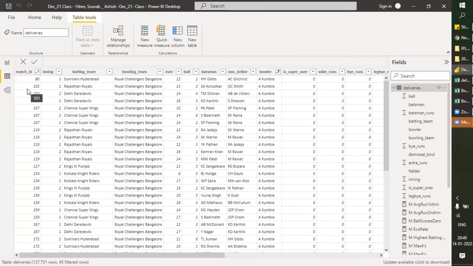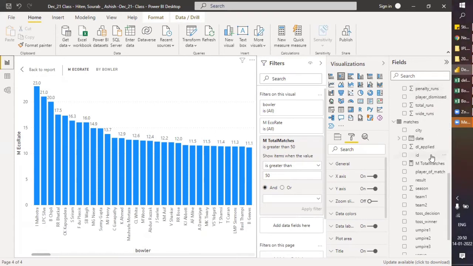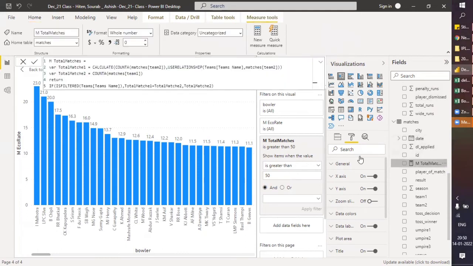Instead of looking into the total number of matches, it will look into the match ID. That's why we have taken this total DAX. It will give a total number, and it will not take players who have played less than 50 innings.